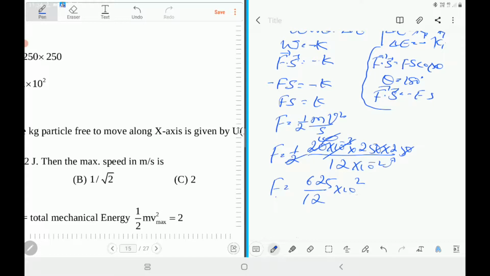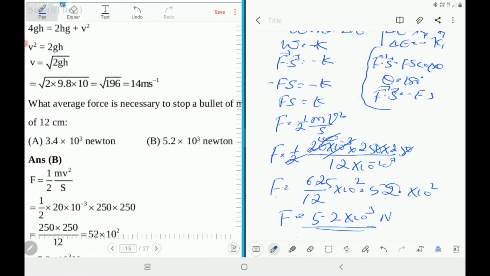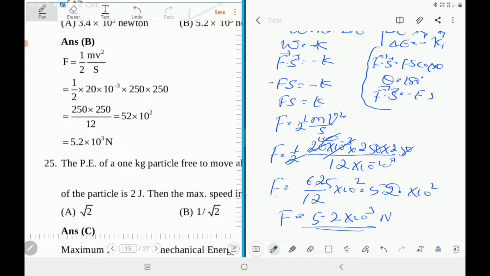This goes to the numerator. So I can continue. 12 times 5 is 60, 12 times 2 is 24. So it is 52 point something, 10 raised to power plus 2. I don't continue further; that's enough for my calculation. I shift the decimal point by one place. So it becomes 5.2, 10 raised to power 3, force in Newton, around 5, 10 power 3. Exactly, you have 5.2, that is the option.